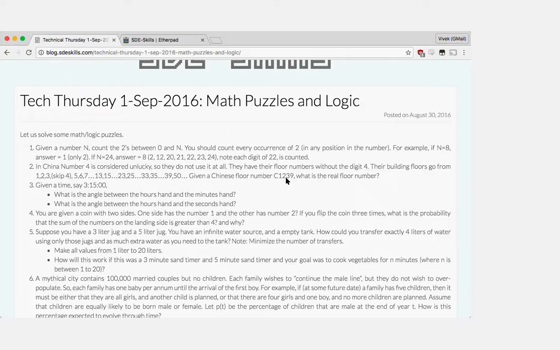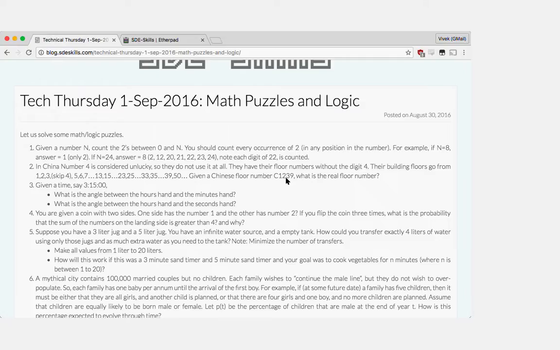Just like how certain buildings don't have the 13th floor in the US and a couple of other cultures, in China, they don't have the number 4 at all. So they have floor number 1, floor number 2, floor number 3, and the floor immediately above that is 5. And 6 and 7 and so on. They have 13th floor, but they don't have a 14th floor because they don't like the number 4. So that's 15 and so on, 23, then 25, 33 and 35. The interesting part is that after 39, they don't have anything in the 40s, and they directly jump to